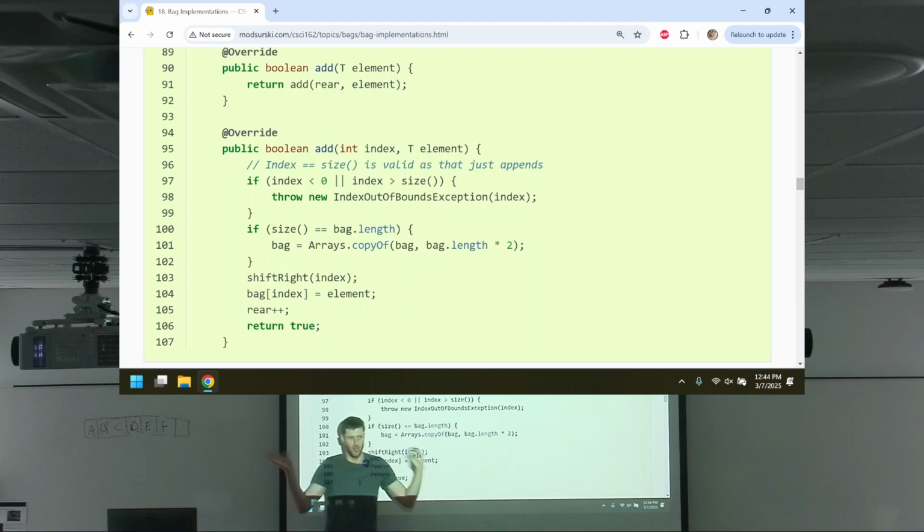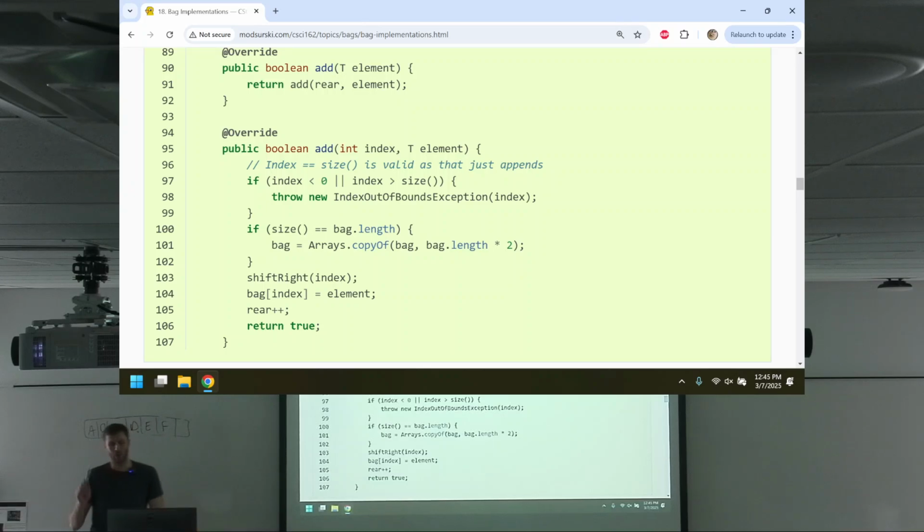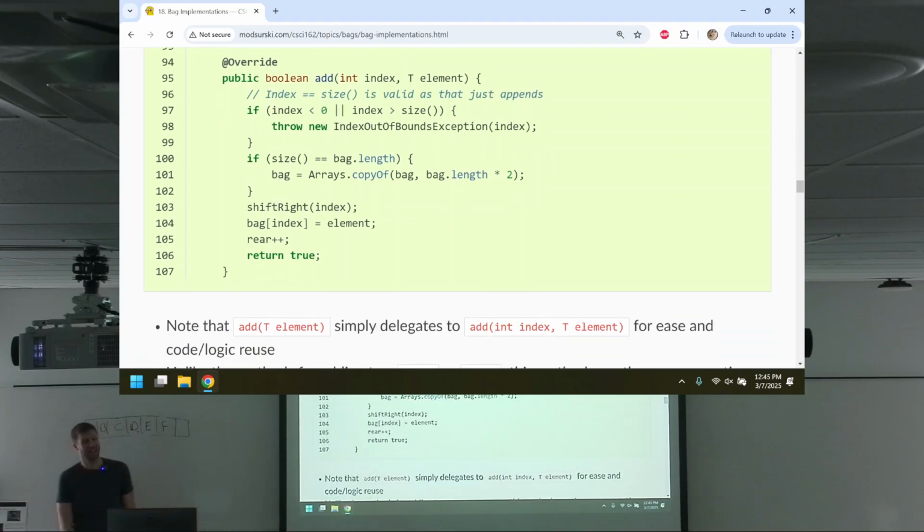Otherwise, if it's an issue, index out of bounds, the message is just whatever the index is. So it would be like index out of bounds, and then it tells you the index. Then I say if size is equal to the bag length, we're out of room. We'll have to expand capacity. Now, you'll notice here, I didn't use an expand capacity method. Why? Because